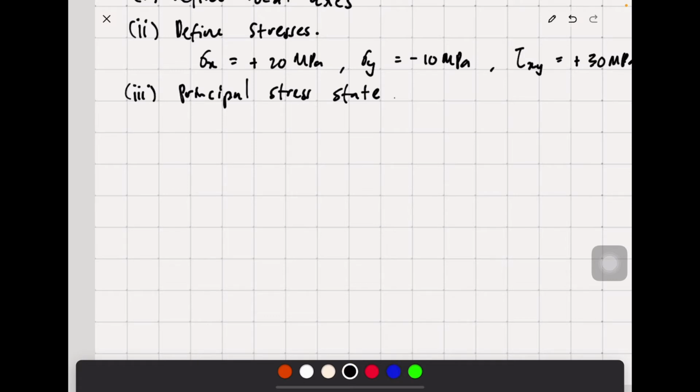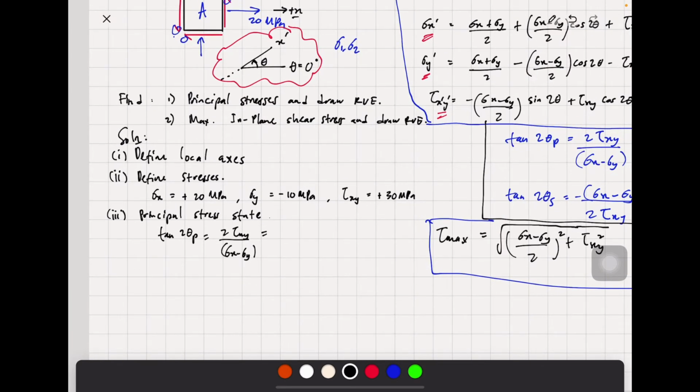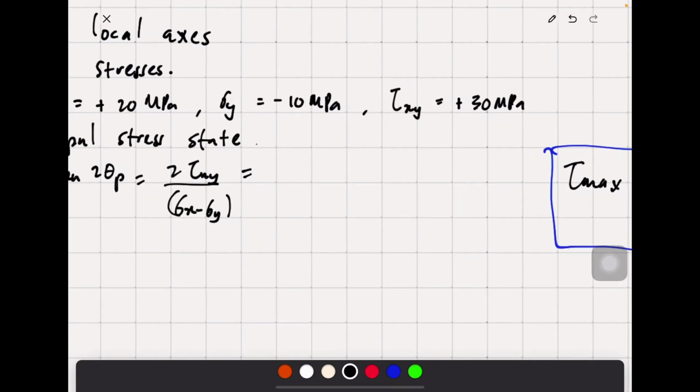So we can, by using the formula that we already wrote on the right, say here tangent 2 theta p is equal to 2 tau xy over sigma x minus sigma y. By plugging in the values that we identified in step 2, we have 2 times 30 megapascal divided by 20 minus negative 10. Be careful with the negative sign for that sigma y. The unit is similar, megapascal. Here we will get,